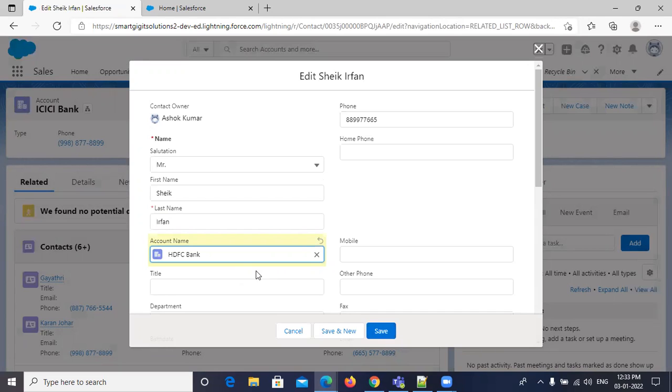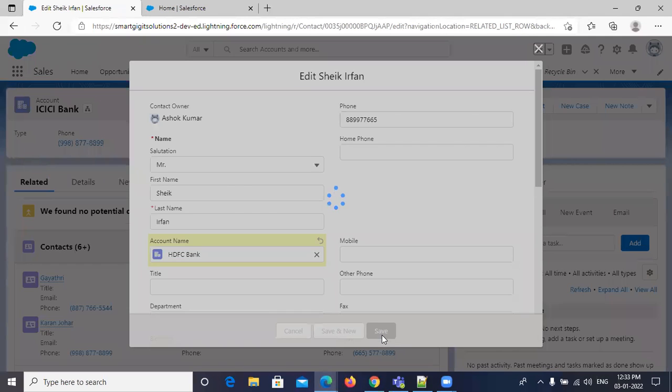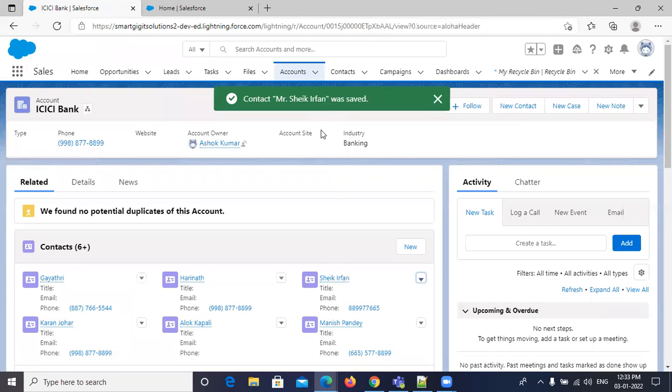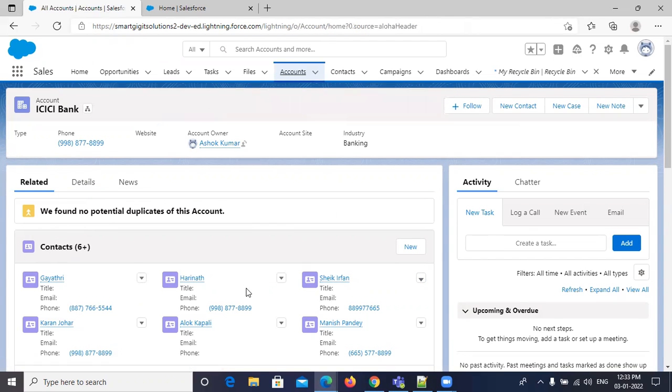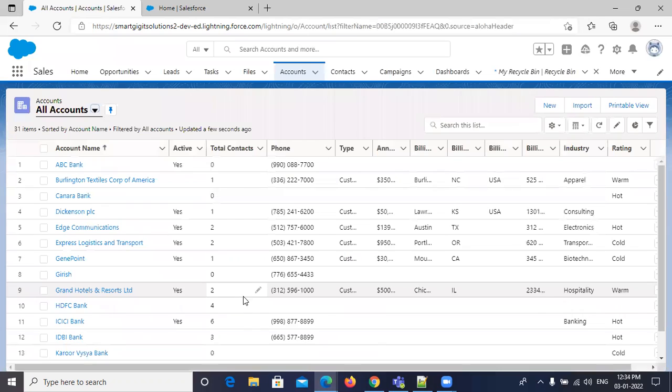And I am adding one contact to HDFC Bank, so HDFC Bank's total number of contacts is calculated too. That is Trigger.new. I am saving this. Now look, ICICI Bank becomes 6 and HDFC Bank becomes 4.